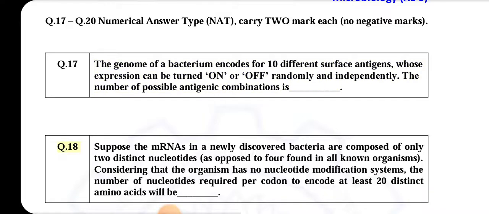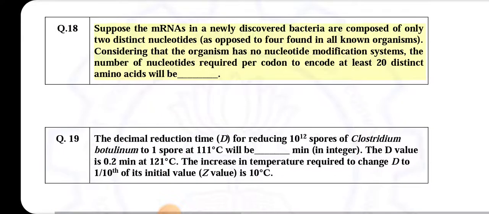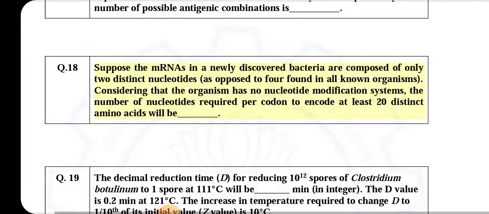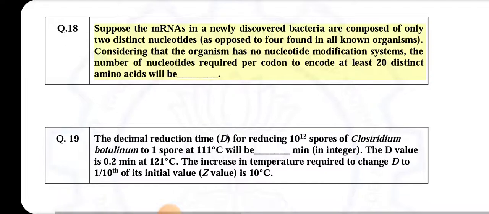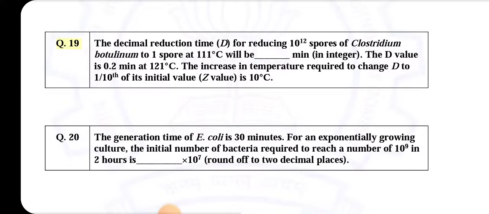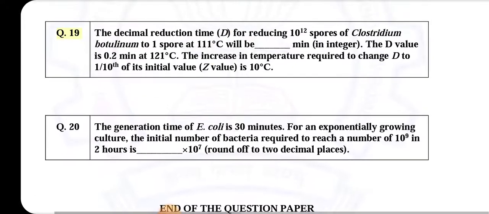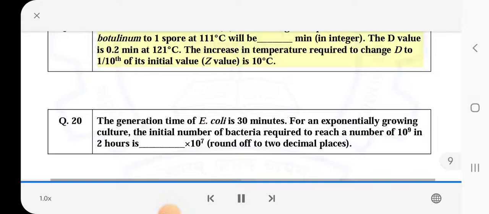Q.18 Suppose the mRNAs in a newly discovered bacteria are composed of only 2 distinct nucleotides, as opposed to 4 found in all known organisms. Considering that the organism has no nucleotide modification systems, the number of nucleotides required per codon to encode at least 20 distinct amino acids will be blank. Q.19 The decimal reduction time